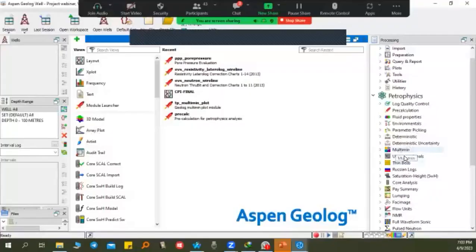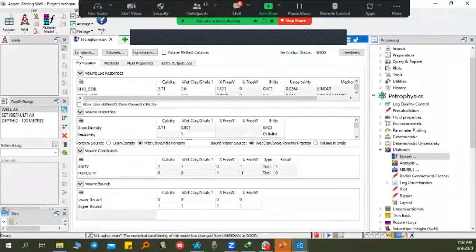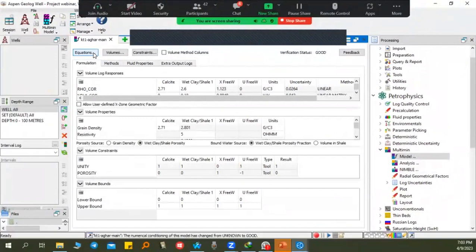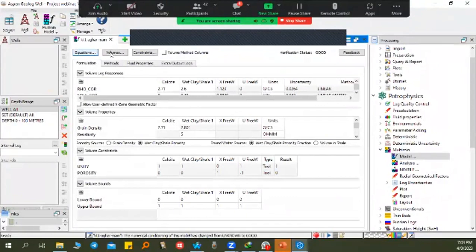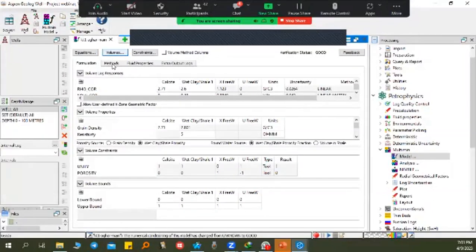Okay, because of the limitation of my monitor, I could not open the window of the multi-models completely. In equations, we can input the logs and data that we want in the model, and volumes are the desired volumes, such as minerals and fluids that we want to resolve as a result of petrophysical evaluation.